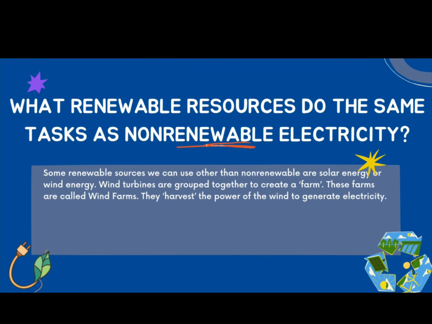Moving on, let's go further into our main question topic. What renewable resources do the same tasks as non-renewable resources or non-renewable electricity? Some renewable resources we can use other than non-renewable resources are solar energy or wind energy. Wind turbines are grouped together to create a farm. These farms are called wind farms. They harvest the power of wind to generate electricity. So the 2 kinds of renewable resources which can do the same tasks as non-renewable resources are solar energy and